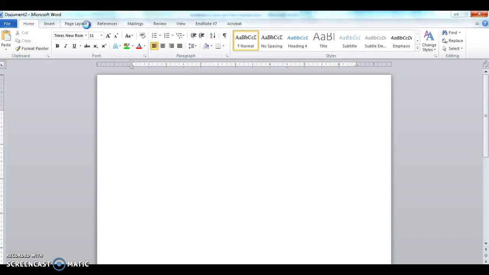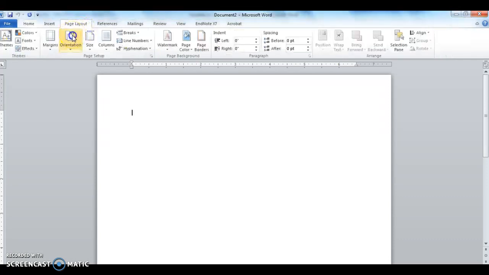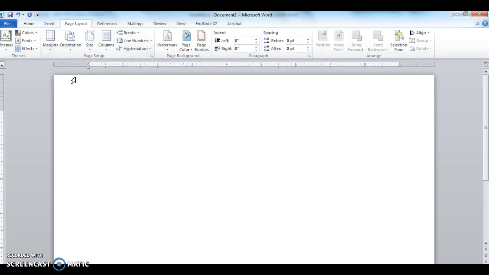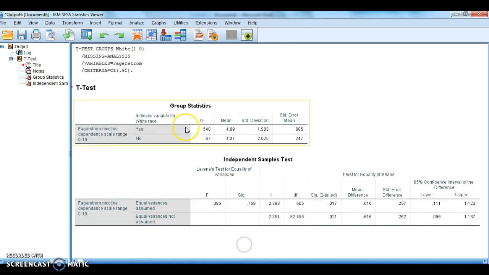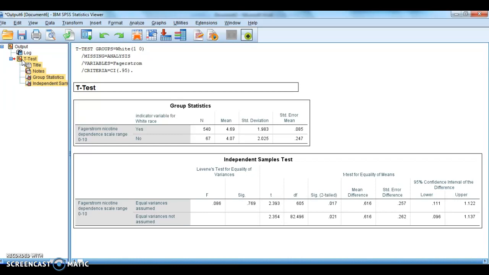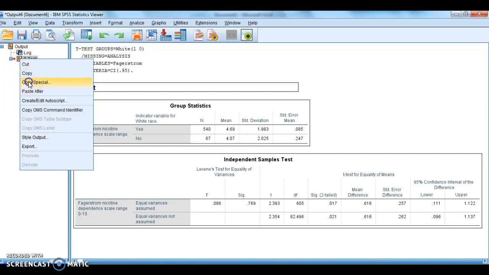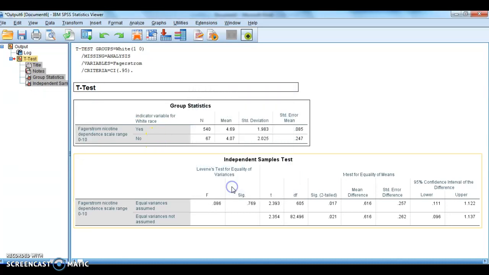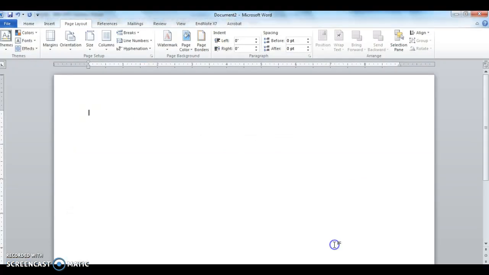resize the output also. But my sort of lazy way is to change the orientation to landscape. So instead of having tall and narrow, I have short and wide. And then when I go back to the SPSS, I can choose this whole t-test part just by clicking on this little folder icon. And I'm using a PC, so Mac will be a little bit different. But if I do a right click, then I can choose copy special and say okay. And then when I paste it here,